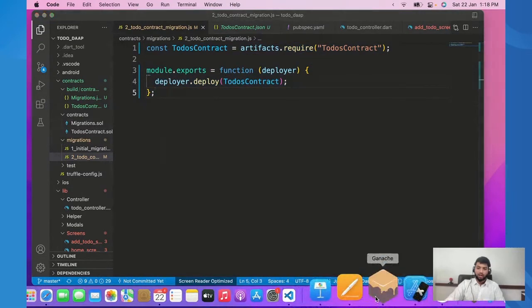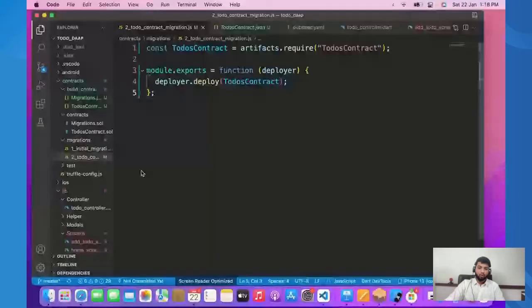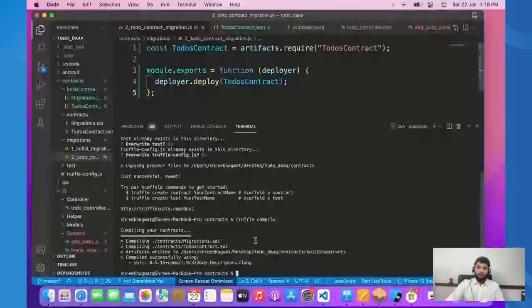Okay, so this is Ganache. You can download it and start it, and you will see that we have a balance of ETH. We have 100 balance over here, and this is the server on which Ganache is running. This is the network ID. If our Ganache is running nicely, then we can minimize it and come back to our terminal, and over here we will migrate.